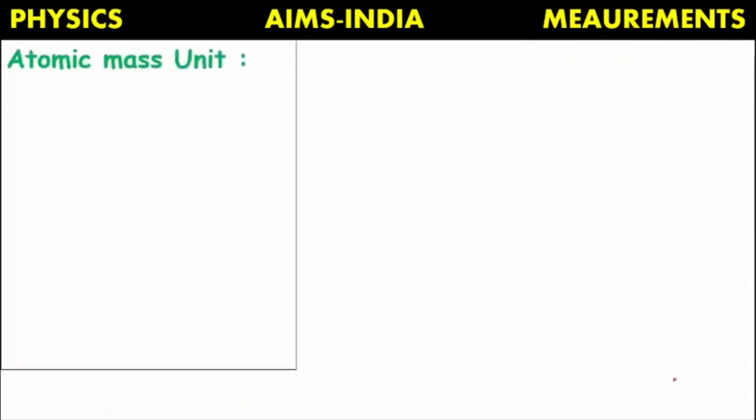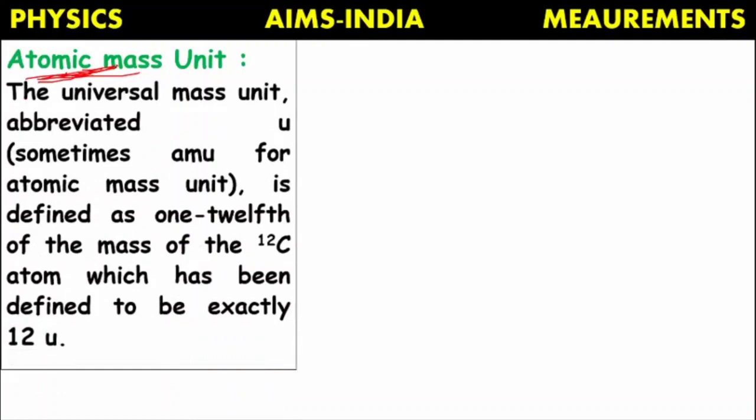So next, atomic mass unit. It is used to measure mass of atoms and molecules. We know that the matter is made up of atoms and molecules. To know their mass, we will make use of this atomic mass unit. So the universal mass unit, it is also called as universal mass unit, sometimes abbreviated as U or sometimes AMU,